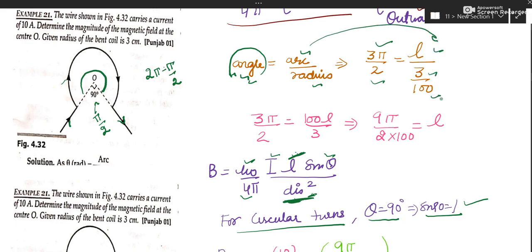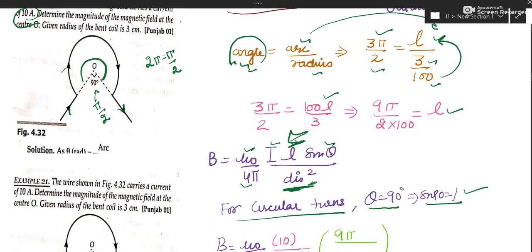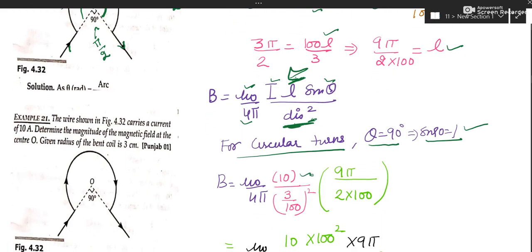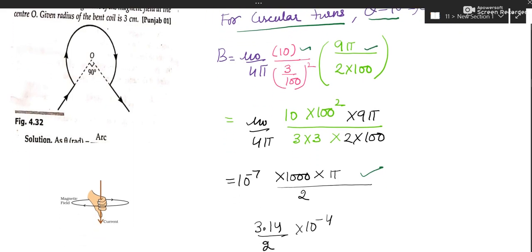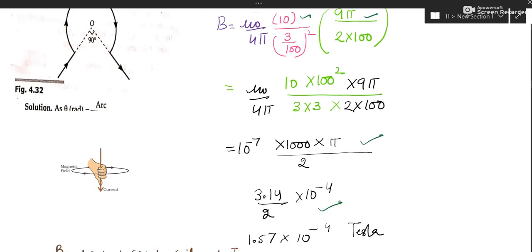You can substitute; 100 will go up. Write it like this. So find out the length of arc and substitute here. Substitute current also. Current is given as 10 ampere. See, I've substituted, I've done the calculation slowly and I've got the answer. You should also try and you should mention the answer. But this will be the magnitude. You will have to write the direction as well.